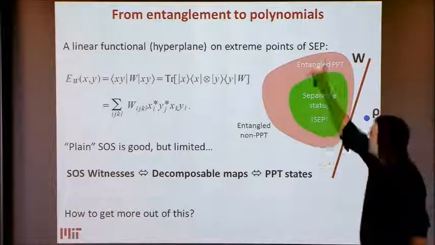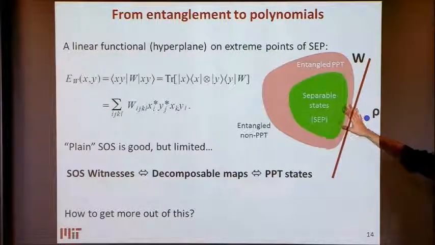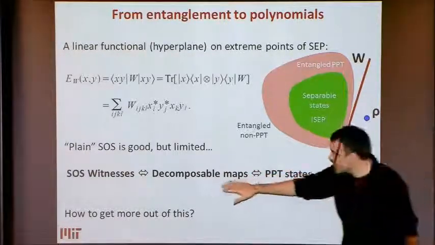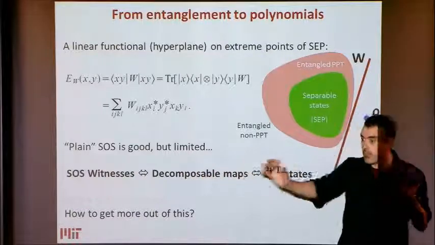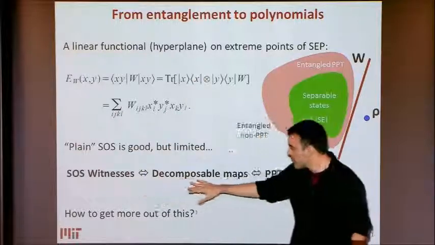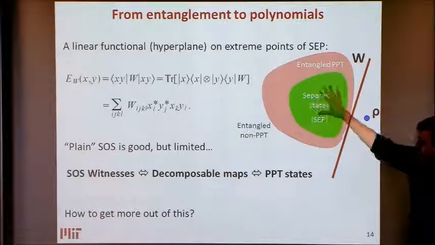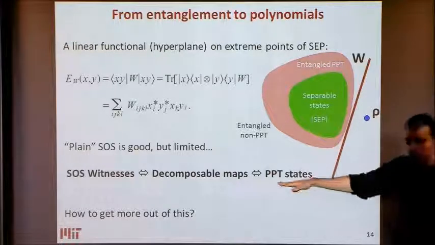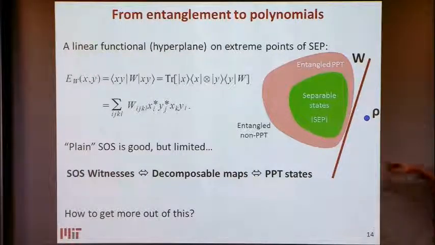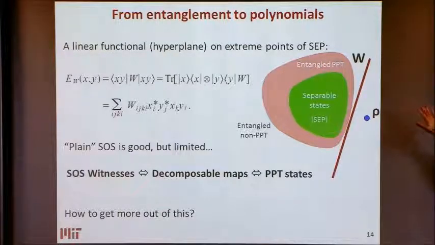This is great. It does give you an approximation of the set. And of course, this is something that people did know about in somewhat different form. Remember I told you there's an isomorphism between these different things. So the polynomials that have a sum of squares witness correspond to something called the composable maps in operator theory. The sets that those things can detect are called PPT states, positive partial transpose states in quantum information. So it's great. We do get an approximation of this set, but we cannot refine this, yet.